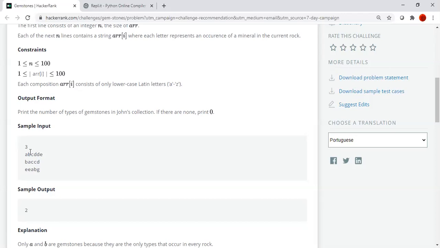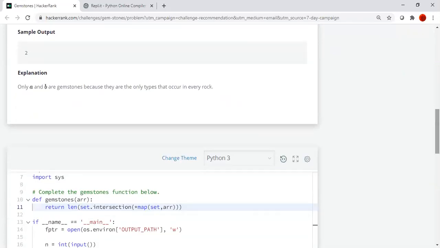So A and B are the gemstones, and the number of gemstones available in this input is 2. That is the output. The explanation is that only A and B are gemstones because they are the only types that occur in every rock. If all the rocks contain the same letter, then it is considered a gemstone.